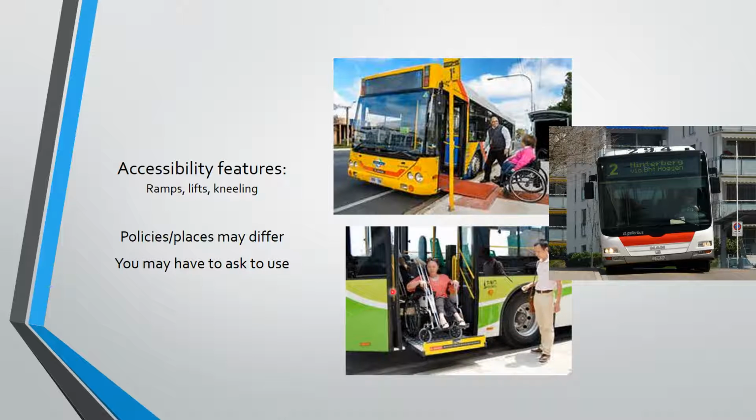Going down here too, so if somebody's in maybe a power wheelchair, or they don't have the ability to get on the bus with just a traditional ramp, some buses do have lifts, okay, where the bus will kneel, they'll roll out the lift for them, they'll have to position themselves on the ramp with the bus, and then there's kind of a lift that will hydraulically lift them up, and then they can get back onto the bus. So you can kind of see here